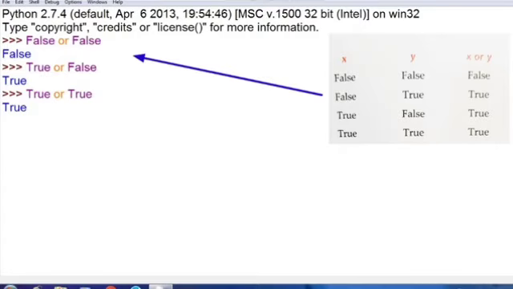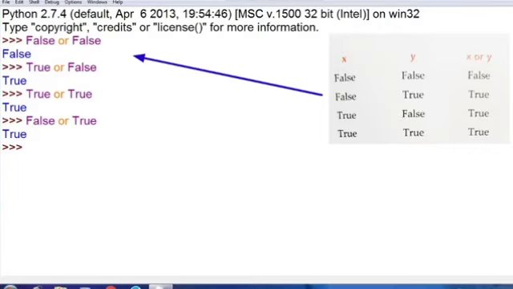And now true or false, we have checked, the answer is true. And if you want to see false or true, it will give you the answer true, because the first expression is not true, the value of false is false only, so it jumps to the second one and gives you the answer true. The OR operator evaluates to true if any of its operands is true.